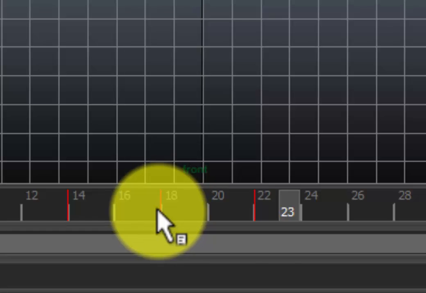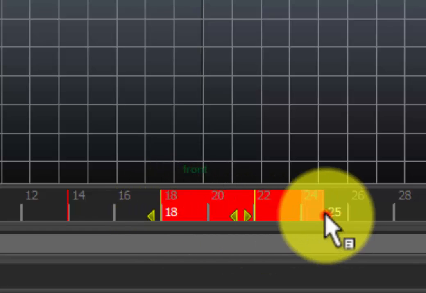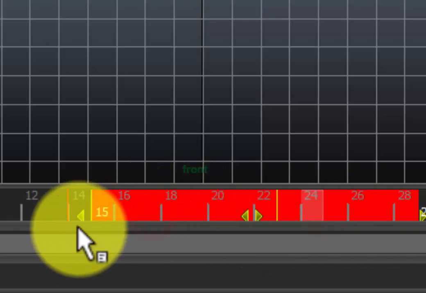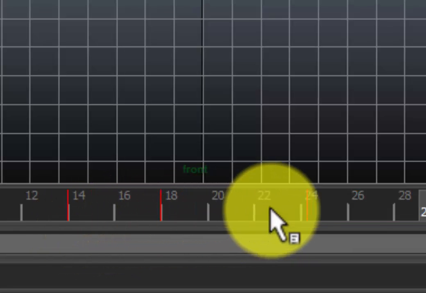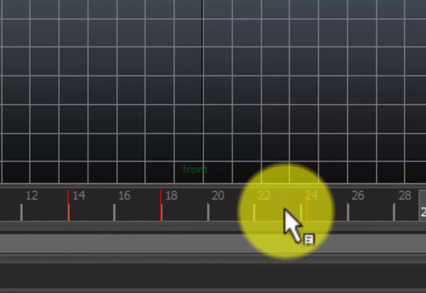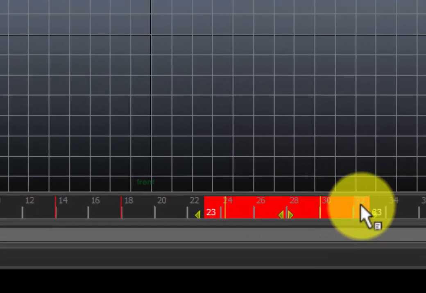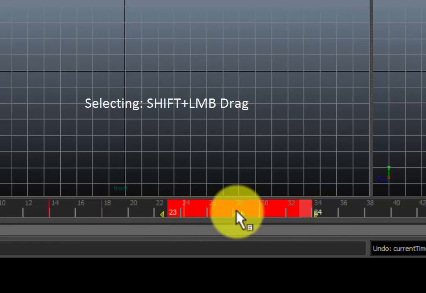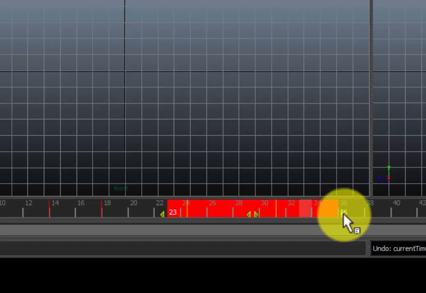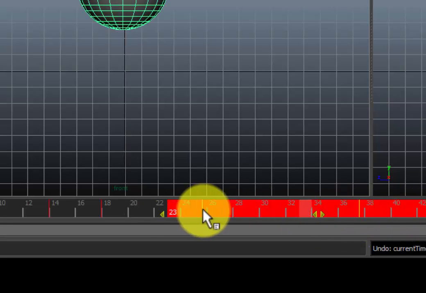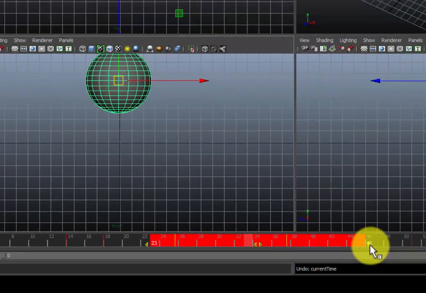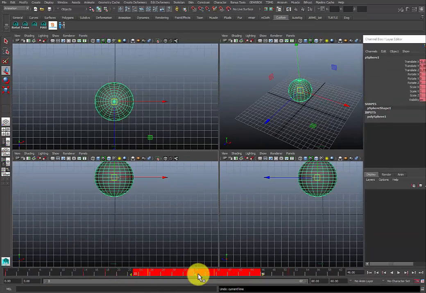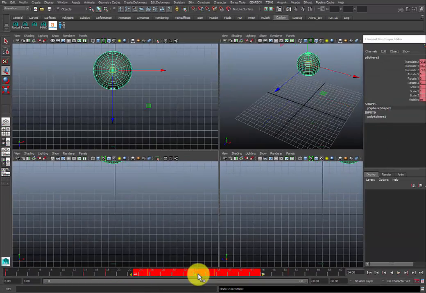It's almost like it's scaling from wherever you have selected, scaling from this point to there, and then vice versa on this one. So to select multiple keys, you'll do the same thing. You'll hold down Shift, but you'll Shift drag with your left mouse button. And then that'll allow you to select multiple keys. But within those keys, you can still drag and scale these keys accordingly by grabbing the little arrows at the end,